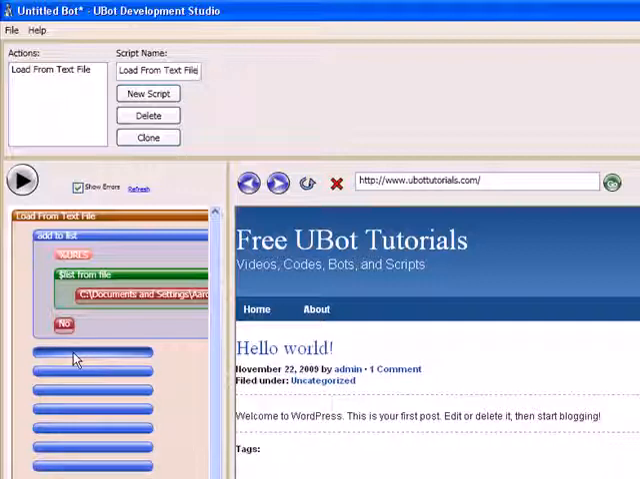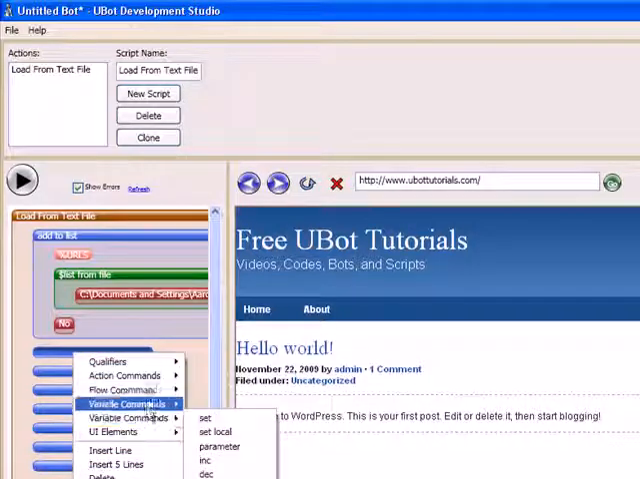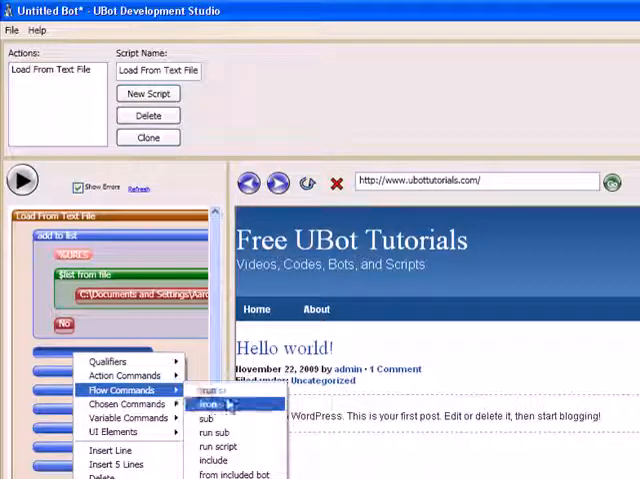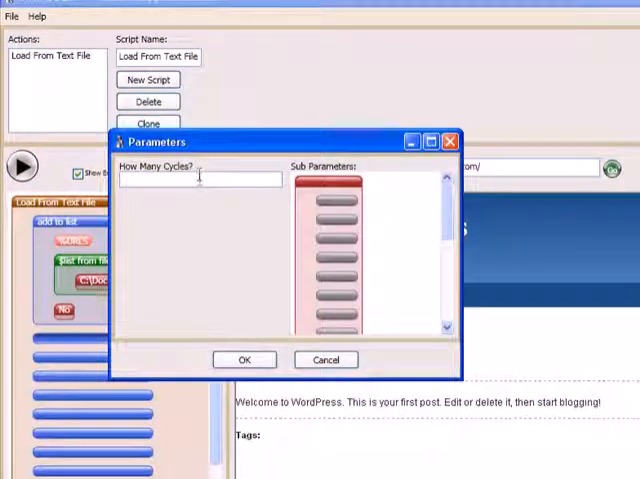Now, to display it, we're just going to create a loop, and loop through each one of the websites, load it, wait, load it, wait, and go through all 3 of them so you can see that the data is there. To do this, you go to flow commands and select loop. It asks you for how many cycles. Well, we know there's 3 websites in there,